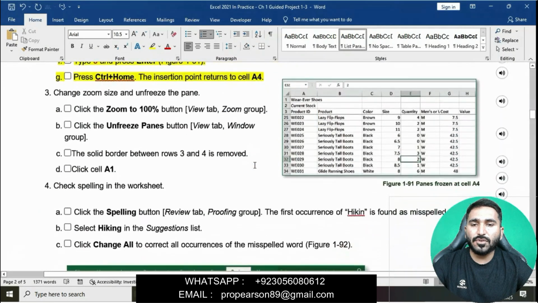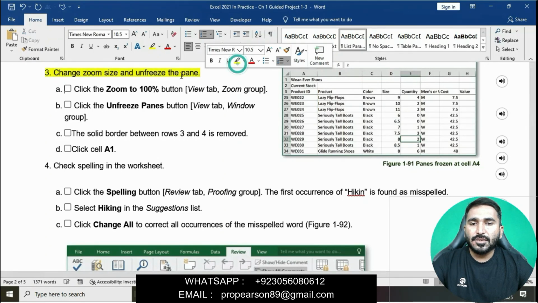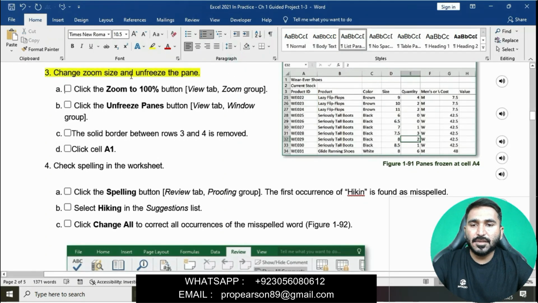Now moving on to question number 3. Question number 3 is to change the zoom size and unfreeze the pane. Click the Zoom to 100% button.